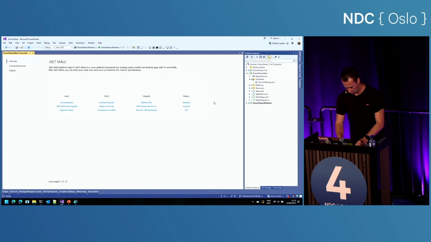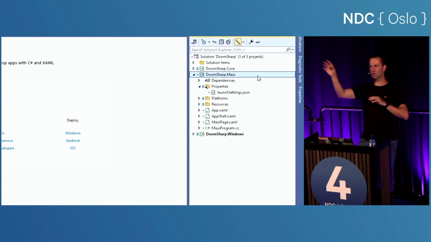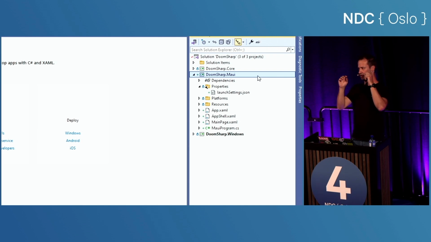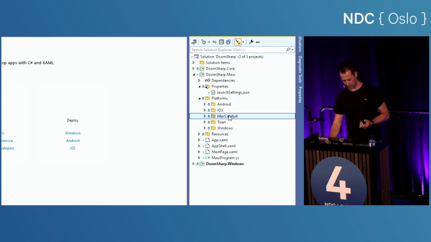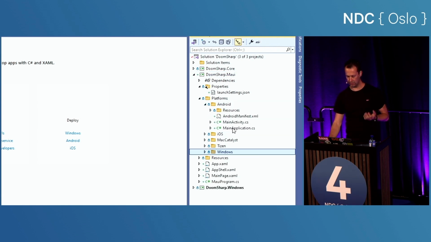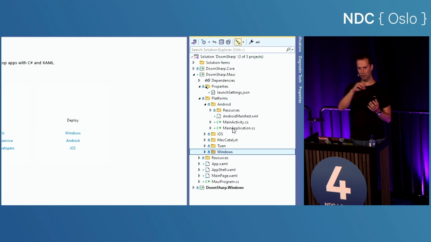What you get now is only one project. With Xamarin, you used to get multiple projects: a shared one, an iOS one, an Android one, a Windows one, and you needed to set one specific head or project as the startup project, and that's the platform you're building and running on. With MAUI, they've done some project magic, and it's all bundled together in one project now, which simplifies this greatly. If you want to do platform-specific stuff, there's the Platforms folder, which contains all the platforms, and in there you can do your platform-specific stuff. Only the specific platform folder will be included in your build if you're building for that platform.